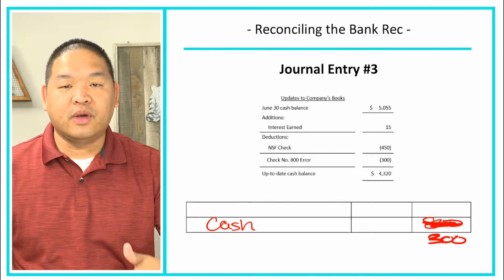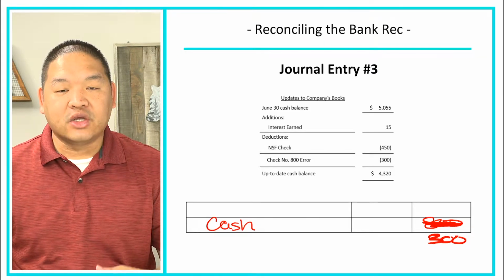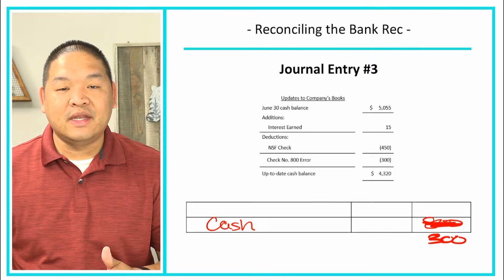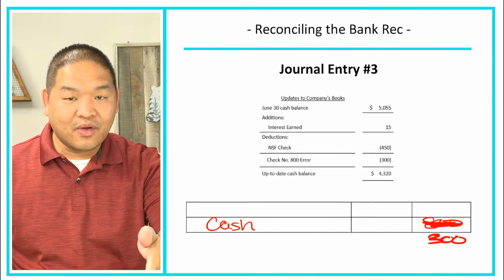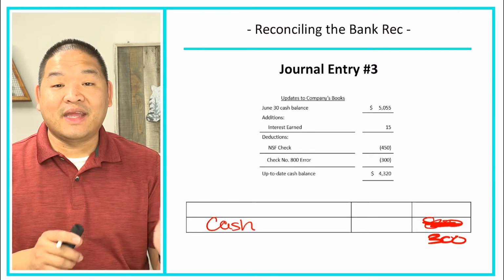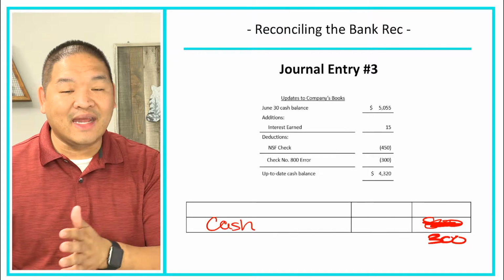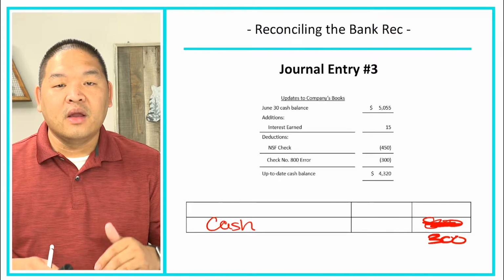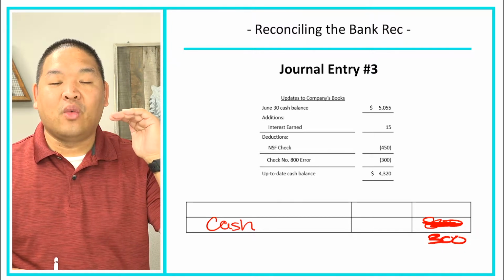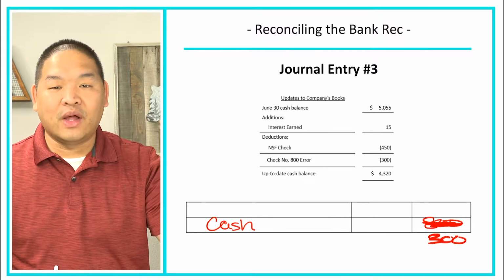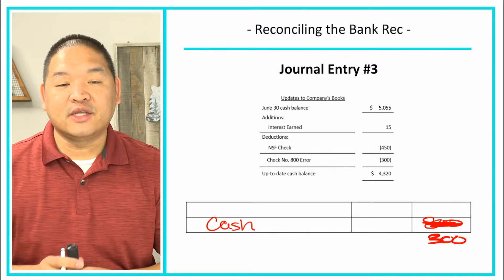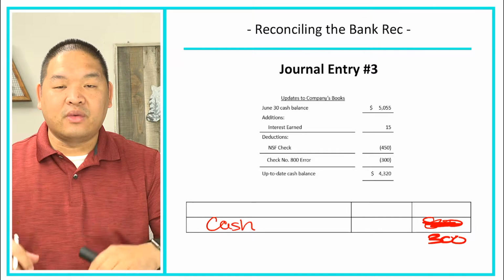Well, the original payment was we paid a supplier. And so if we paid a supplier, when we paid the supplier, we debited accounts payable and we credited cash, right? Cash for $800. Well, it should have been cash for $1,100, not $800. Therefore, our accounts payable was debited for $800 instead of $1,100. So we want our payables to go down even more because we actually paid more than what we said we